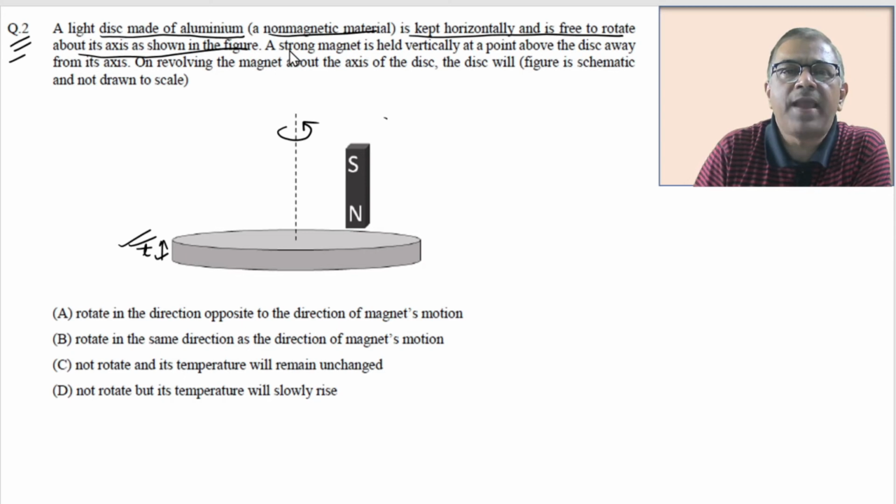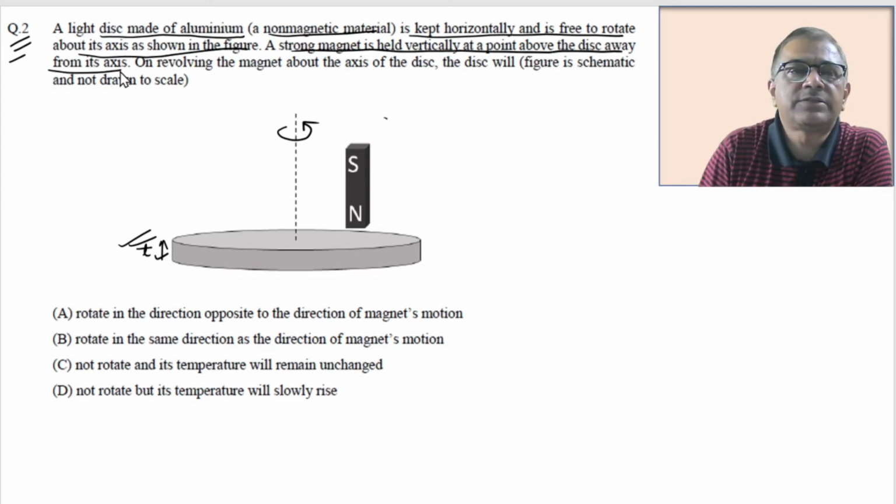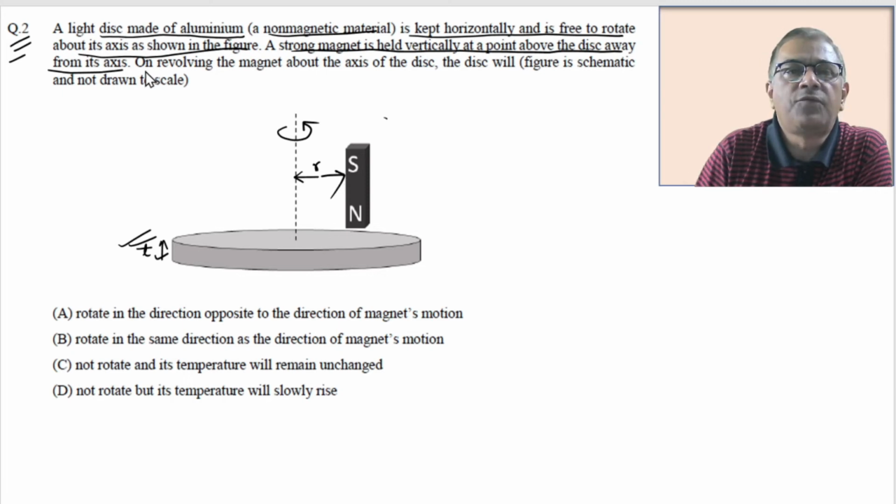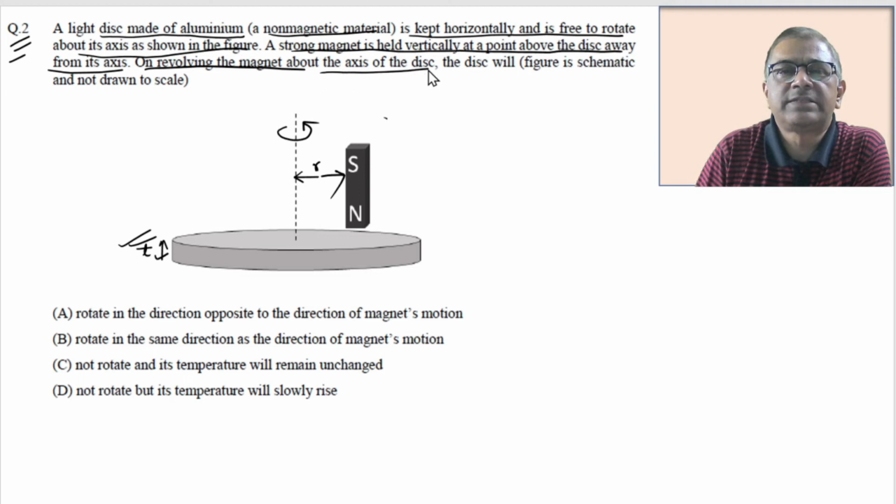A strong magnet is held vertically at a point above the disk and away from the axis. As you can see over here, here is a strong magnet. It has been kept vertically over this disk and is slightly displaced, slightly away from the axis of rotation. On revolving the magnet about the axis of the disk,